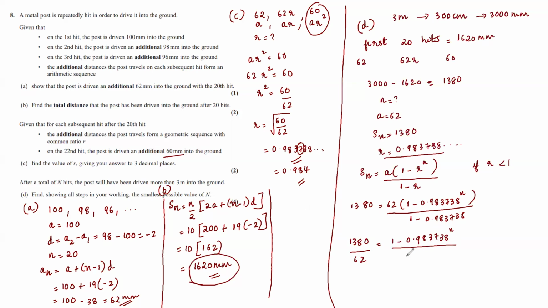What will 1 minus 0.983738 be? 0.016262. I'm just going to cross multiply with this and divide by 62 to simplify it further. So multiply that with 1380 and divide by 62. We'll get 0.36196